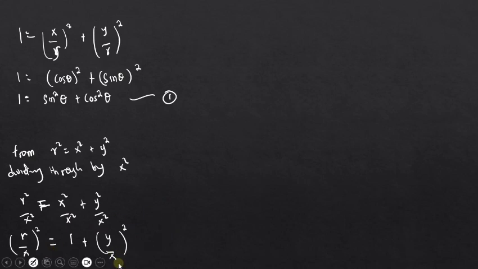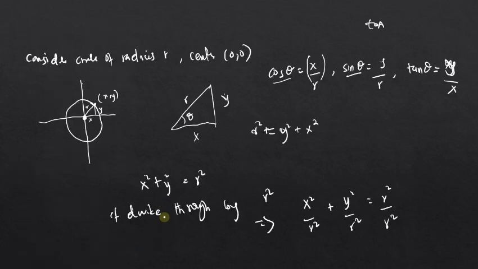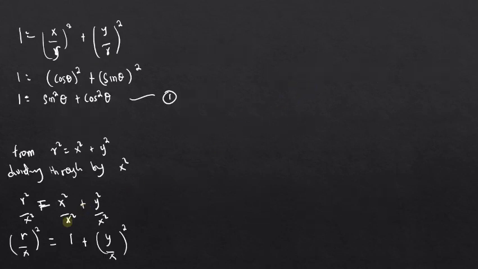We have cos theta equal to x over r, implying that r over x will be equal to 1 over cos theta, which is like the inverse trig ratios that we talk about, and that is sec theta, secant theta. 1 over cos is secant theta, right? Then we'll be having